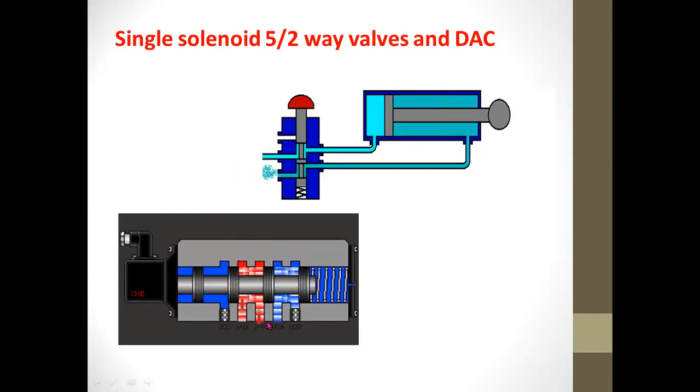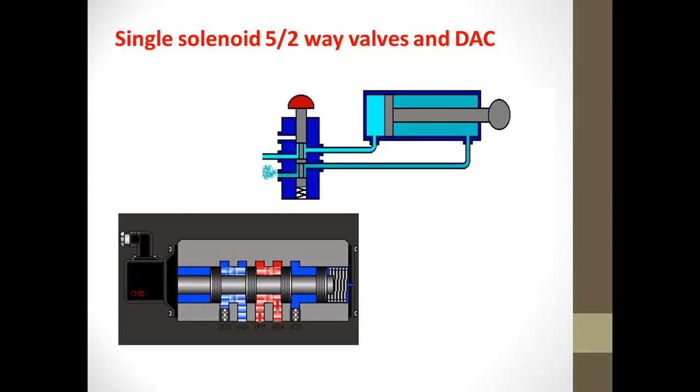So you can see here the flow of air, as shown in this animation. When the air flows in this direction, it enables the cylinder to retract. The operation of the 3-2-way and the 5-2-way solenoid valve are exactly the same,